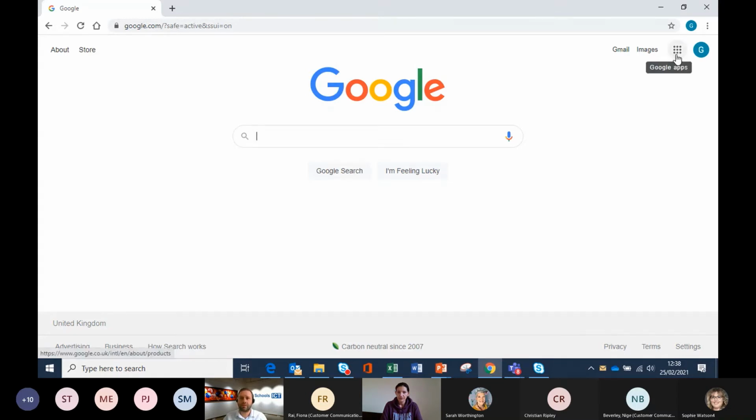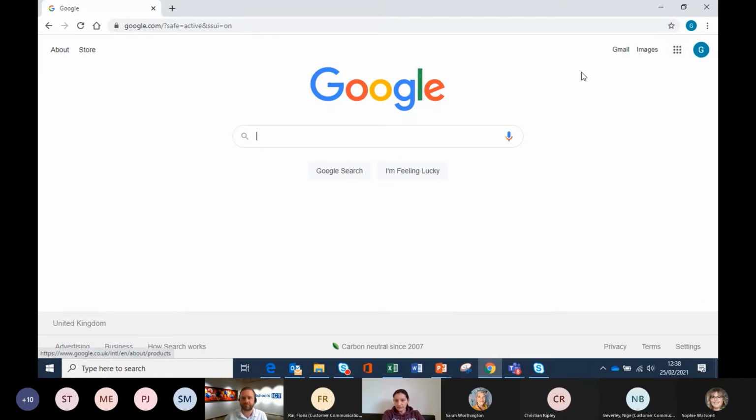I'm going to hover over these 9 dots here. We call this the waffle, the 9 dots, but basically because Google is a browser-based system, which means it's fully on the internet, it means that you can't have a right-click function that works, because if you right-click on things, it's going to give you a chance to copy or to save a picture, but not much else. So you're going to have to look out for the 9 dots or the 3 dots, or there might be 3 sideways dots, or there might be 3 lines. I'll mention these each time, but it's the 9 or the 3, and that's what you want to click on